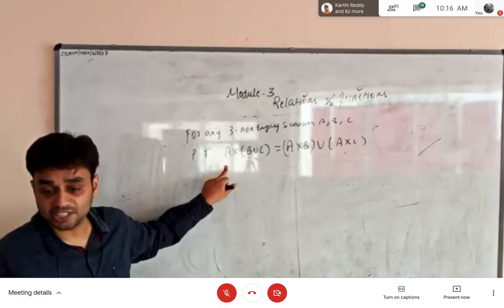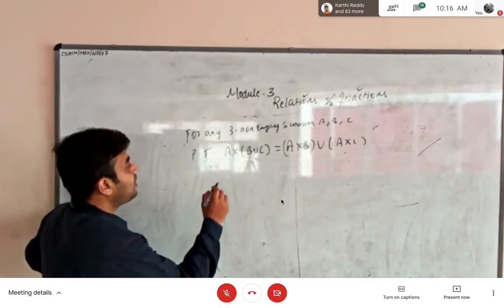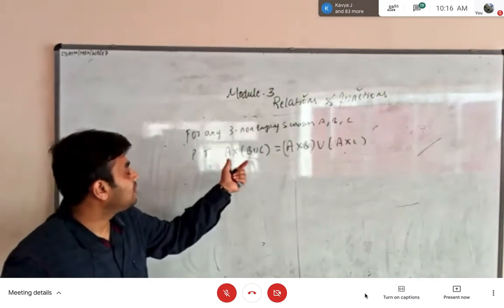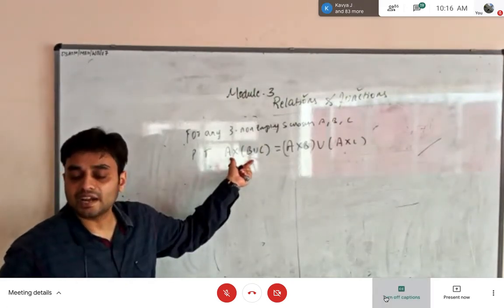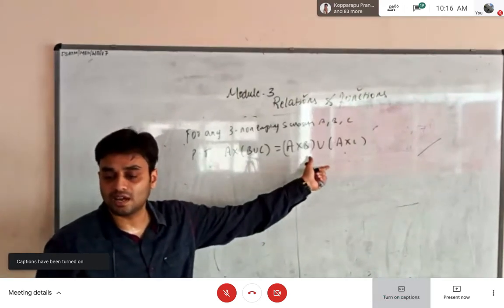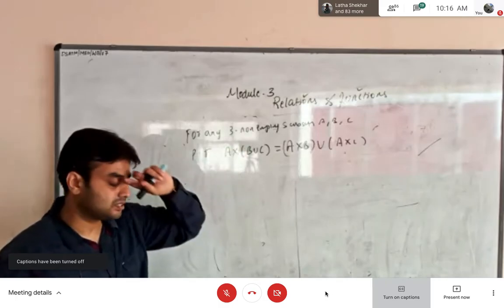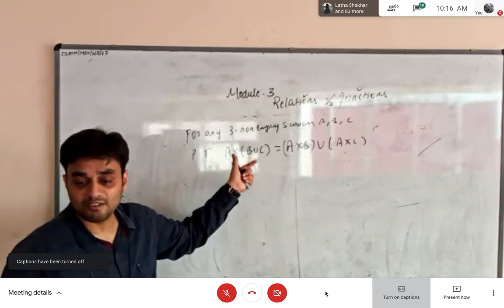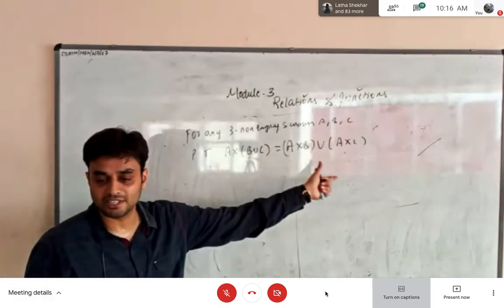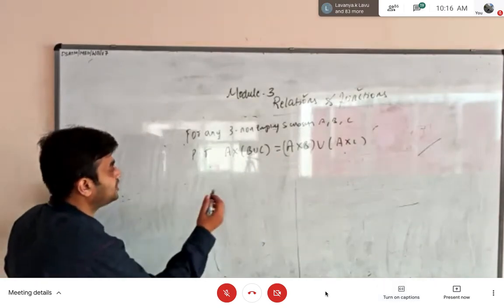so here I have to give the generalized proof, right? So now what I will do is I will take some element in LHS, and I will prove that the same element also belongs to the RHS, and then I will take the second element, third element, like that. I will take all the elements in set A, and I will say LHS, and I will prove the same elements also belong to the RHS. Okay, so I will proceed in this way.